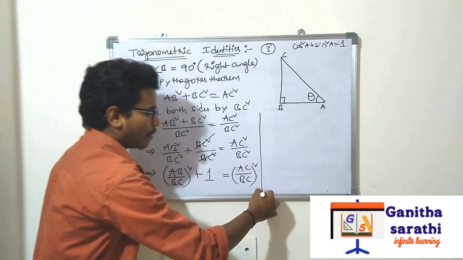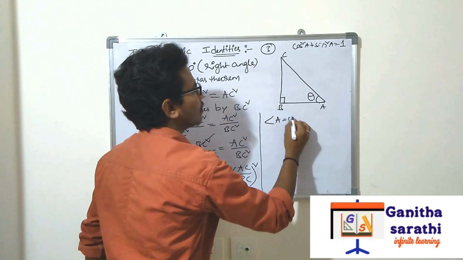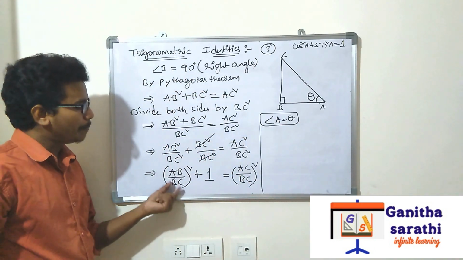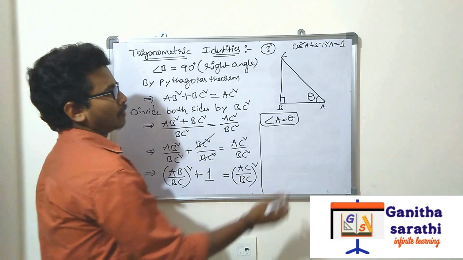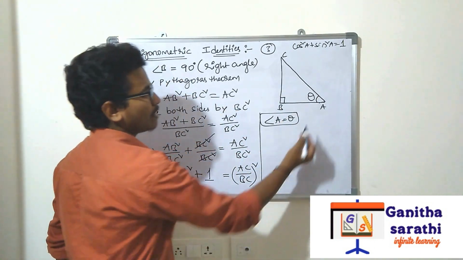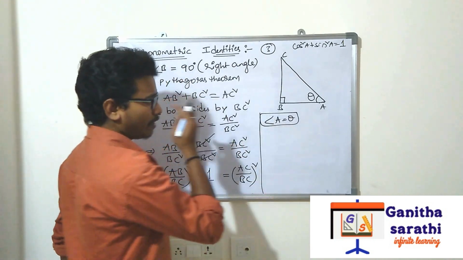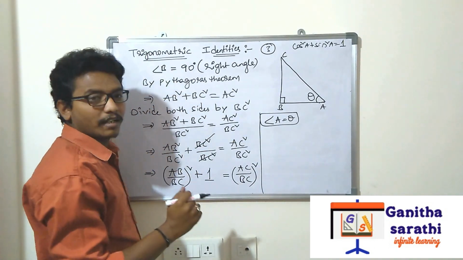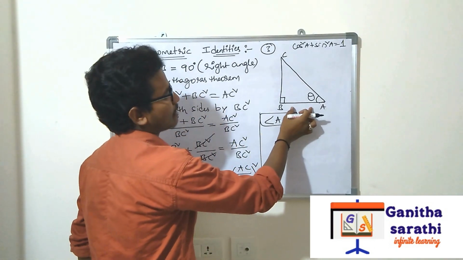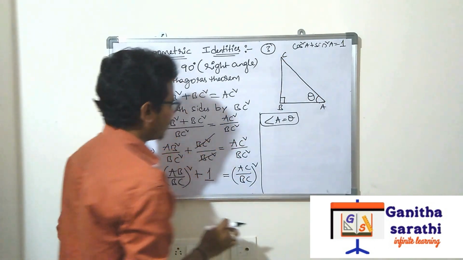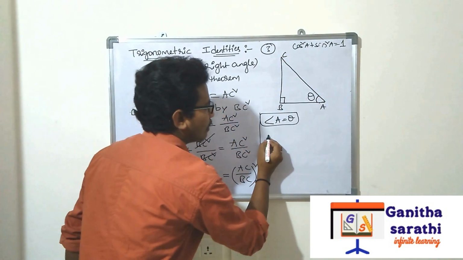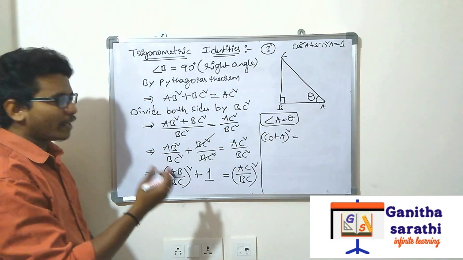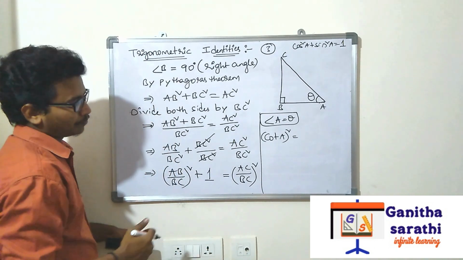Okay. Now same, taking angle A is equal to theta again. If angle A is equal to theta, then how is the AB by BC side related to that theta? AB is what here? Sorry, AB is the base side and BC is the perpendicular side. So how is AB related? Adjacent side. And how is BC related? Opposite side. Adjacent side by opposite side means cot A whole square, right? Adjacent by opposite means it is cot theta, plus 1